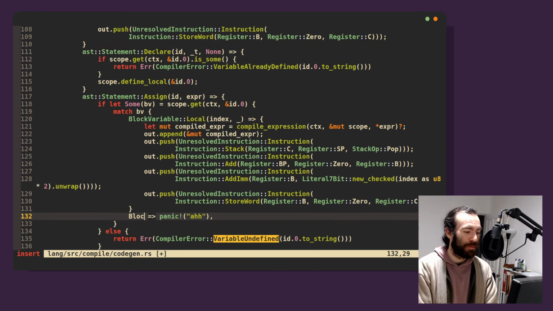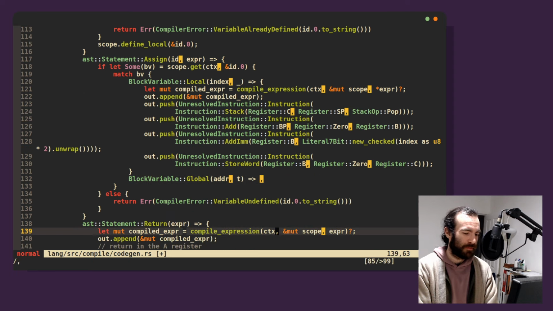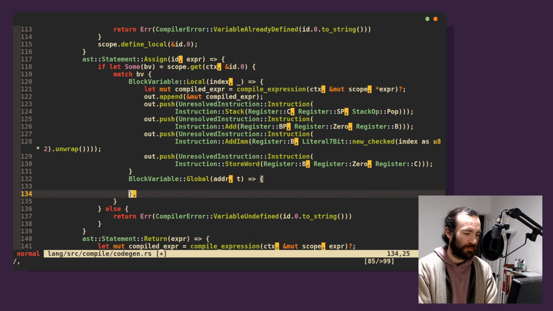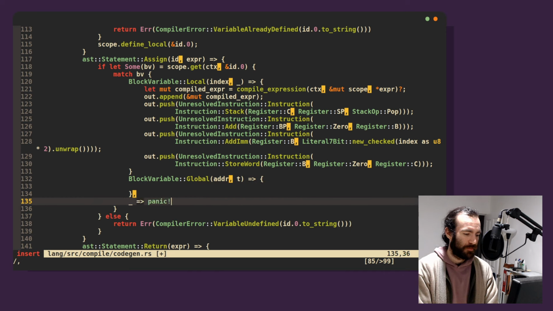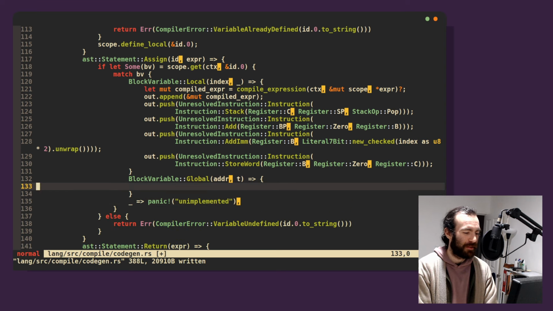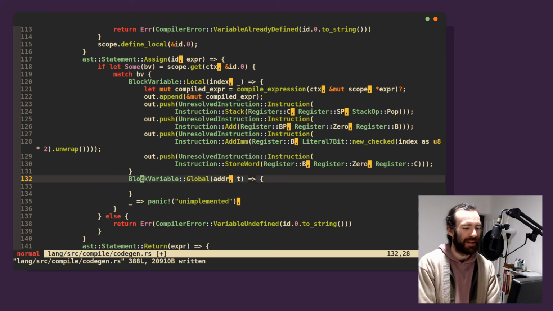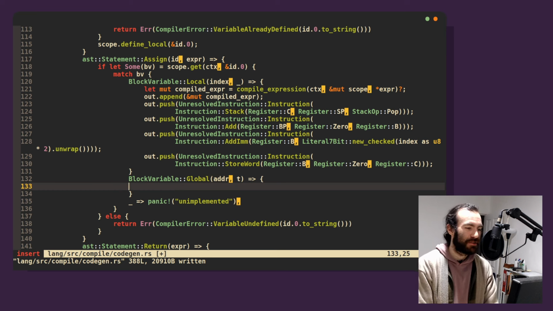Okay, so what do we do? Well, block variable global. This has an address and a type. The type does matter. We're going to do this properly. Where are we? Then we're going to write a sensible panic. I'm sorry, Cricket, but I can't fully commit. Okay, so when we assign to a global,